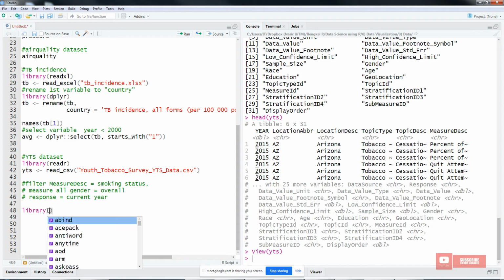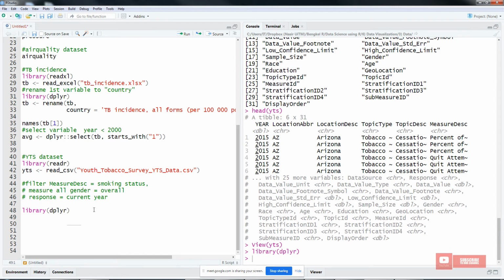So I already called the dplyr package at first, but the function that I'm going to use next requires the dplyr package, because we are using the filter function and we're going to apply some piping methodology. I'm going to name this one sub YTS, right? So from the YTS dataset, I'm going to filter out